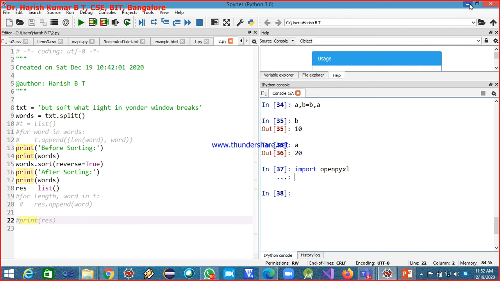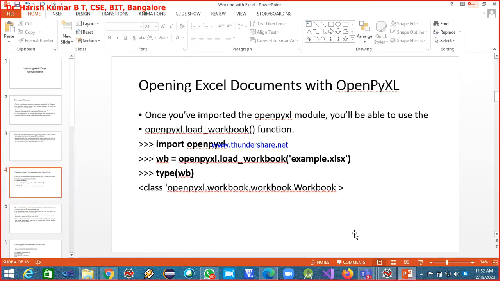Now, how do you open the Excel document? Before opening the Excel document, you have to understand the organization of the Excel document. Within the Excel document, we have something called a workbook. First, what you create is a workbook.